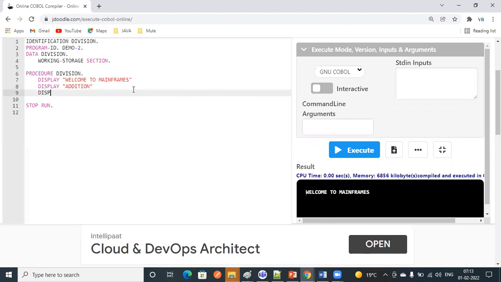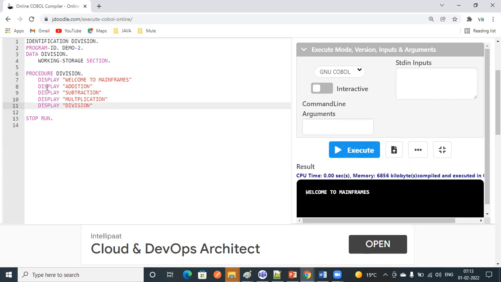Next, I want to write a logic for subtraction, multiplication, division over here.